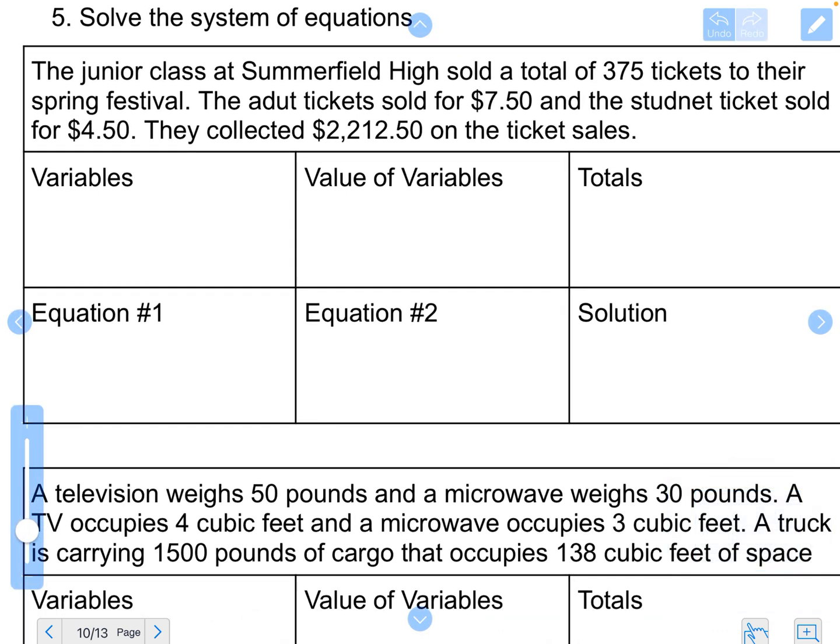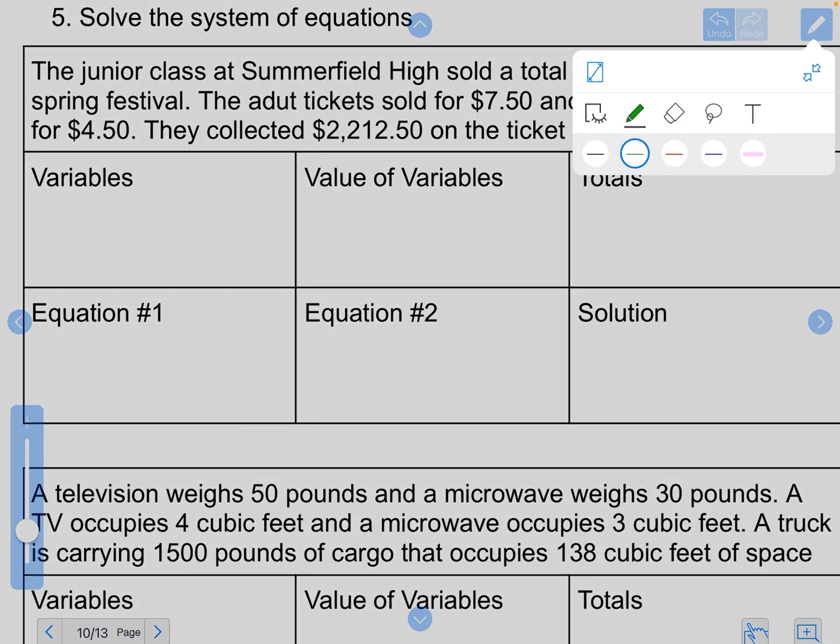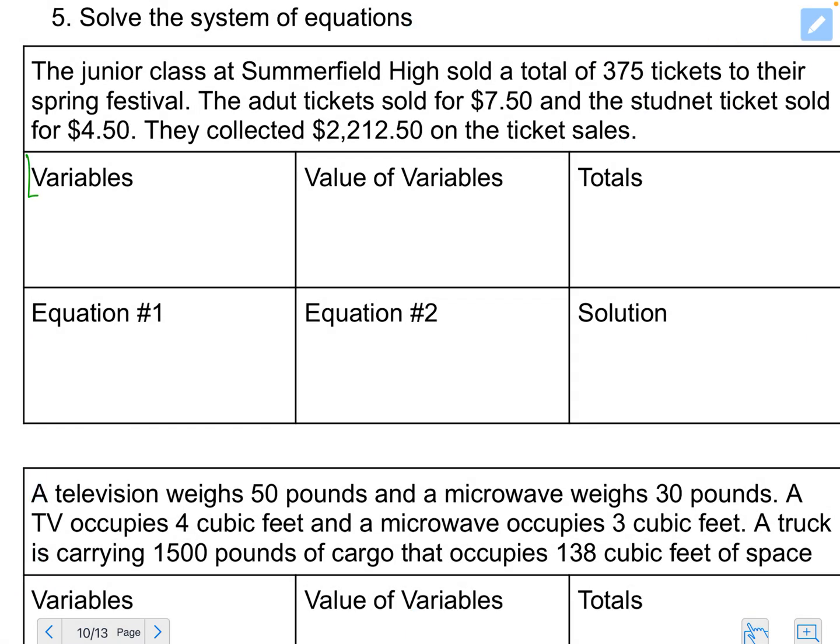So the junior class at Summerfield High School sold a total of 375 tickets to their spring festival. The adult tickets sold for $7.50 and the student tickets sold for $4.50. They collected $2,212.50 in ticket sales. So when we see a problem like this, the first thing we want to find are